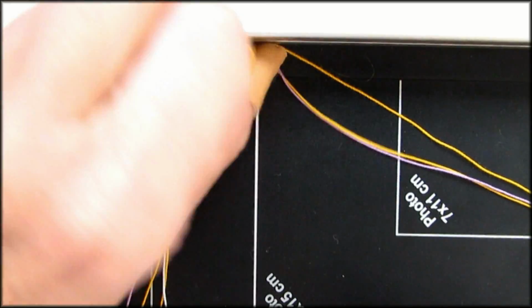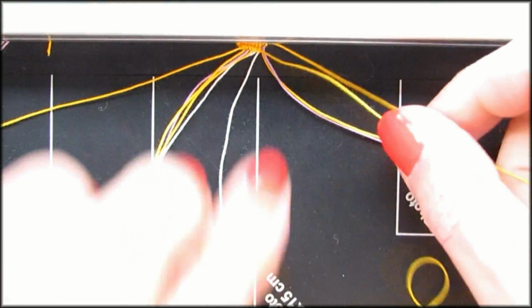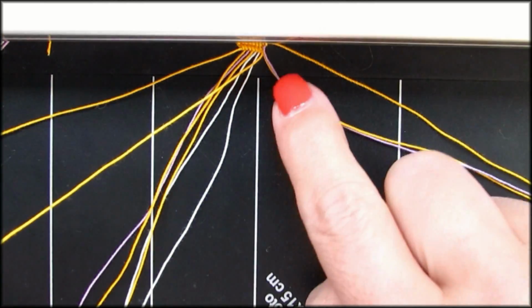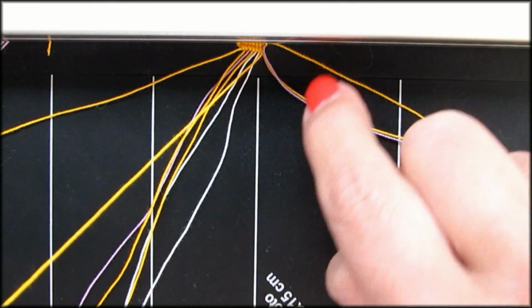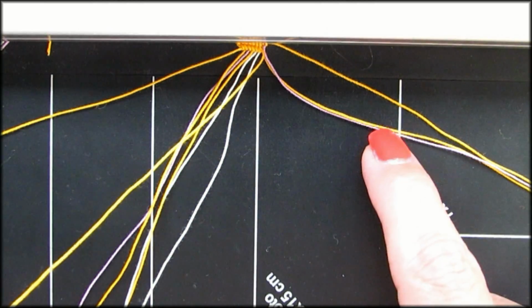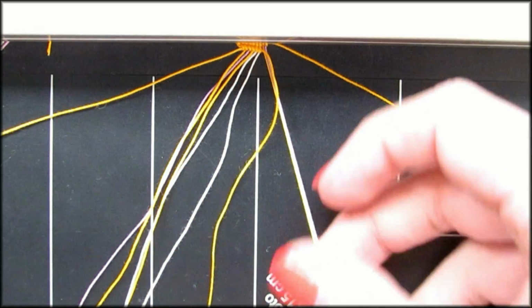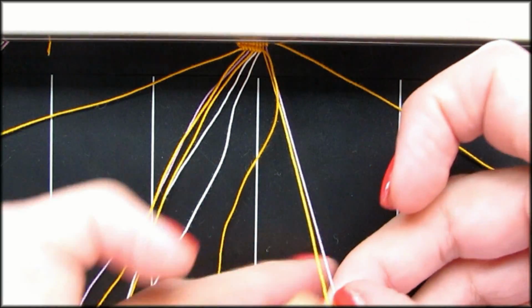And straight down, two, pull that over, nice knot, yes. And now you can see that my orange is next, but when you look here it looks like the pink one is next, so you've got to be careful. So picking up the two threads and splitting them,